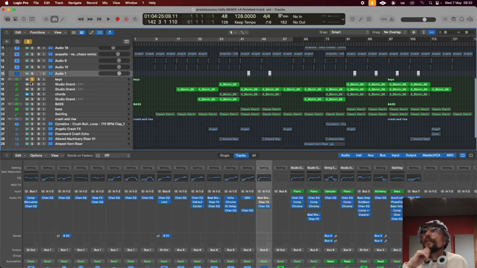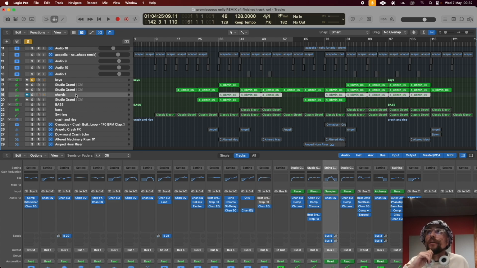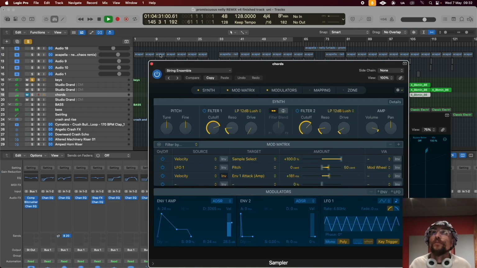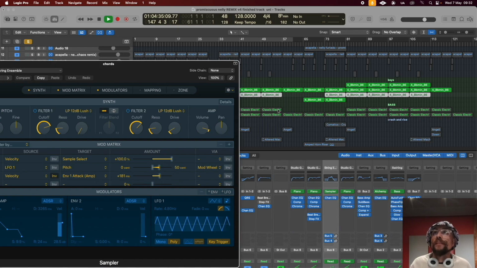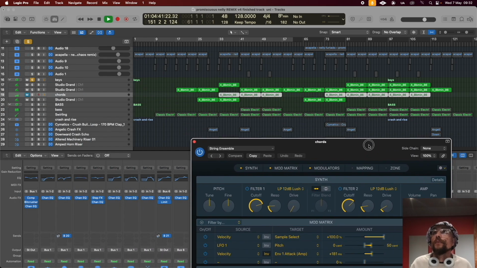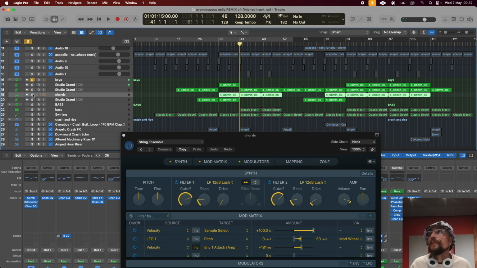Let's go back onto the keys again. Here you can see this one's muted there on the chords. With this one that I've got on this sampler, it basically sustains the note once it's been played, and it continues out even though there's no MIDI in here. So that would still continue to play, which is not good. So what I did,